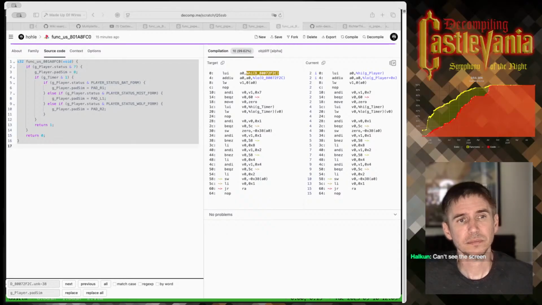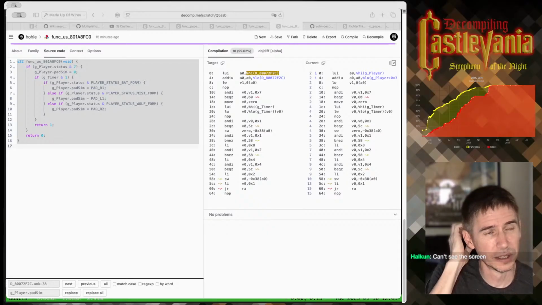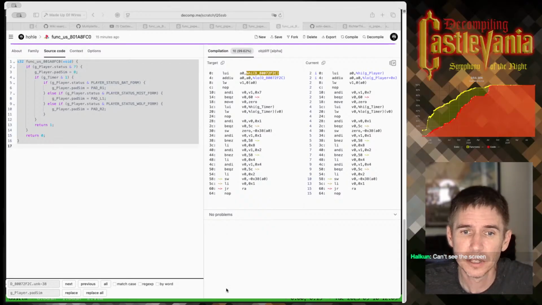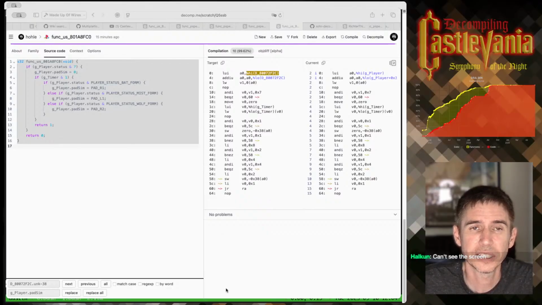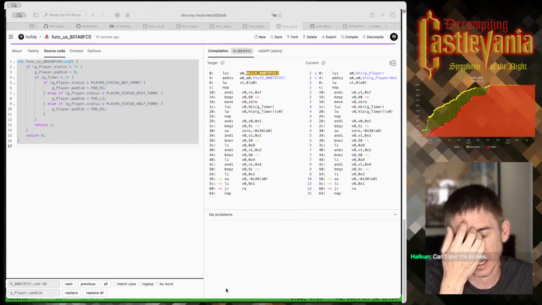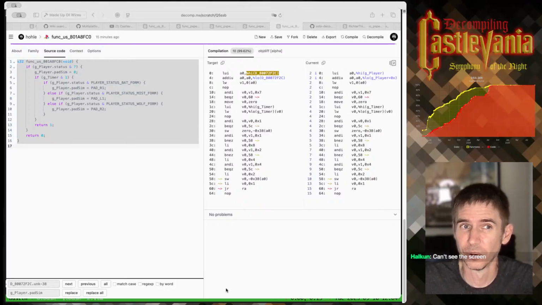And the Frogger decomp, the PlayStation Frogger decomp project, they actually figured out the algorithm for determining the order that these things were compiled.